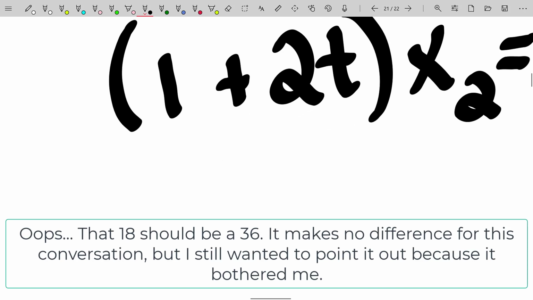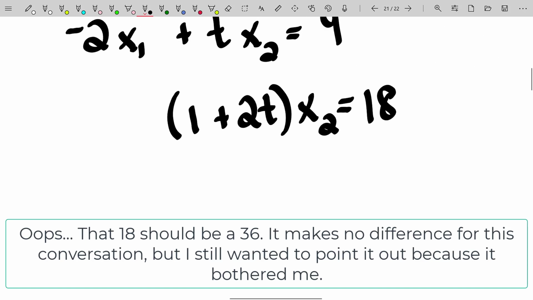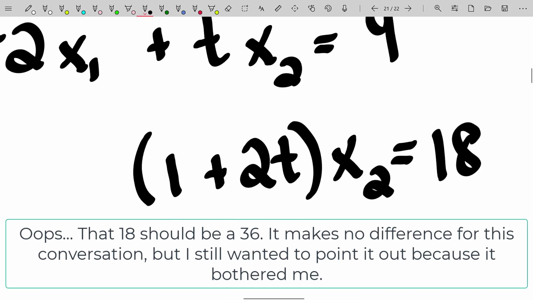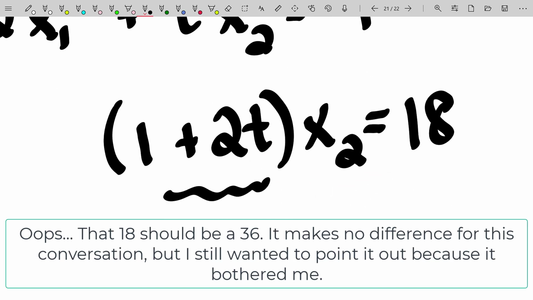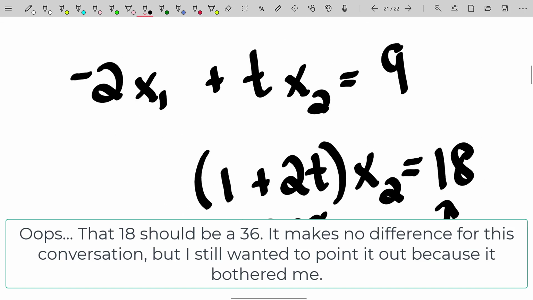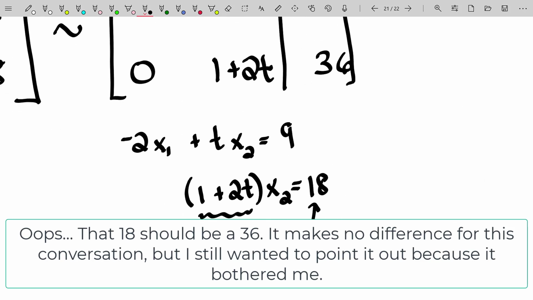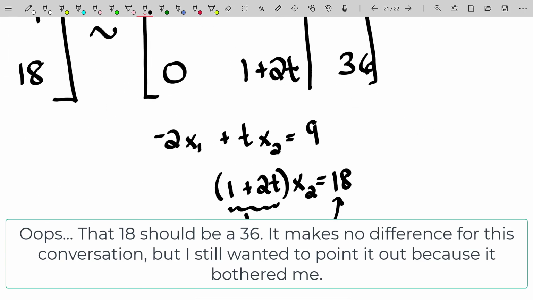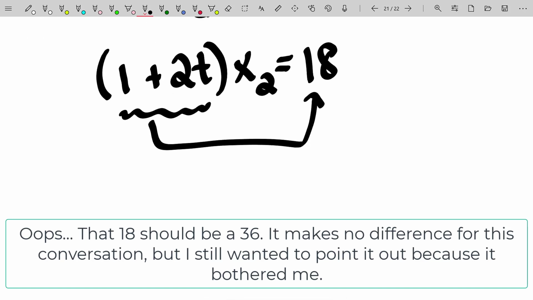So how do you do that? You force that lead coefficient to be 0. If t is -1/2, we get that 0 is equal to 18. Now remember, to have a solution, we would like this to not be 0, so we could divide by it, move it to the other side and solve for x sub 2, and then solve for x sub 1. But how do you get an infinite number of solutions? I'd like to turn off that bottom equation to get an infinite number of solutions by just keeping this top equation. Unfortunately, there's no way to turn off that bottom equation.